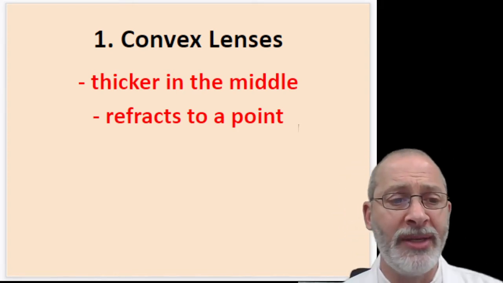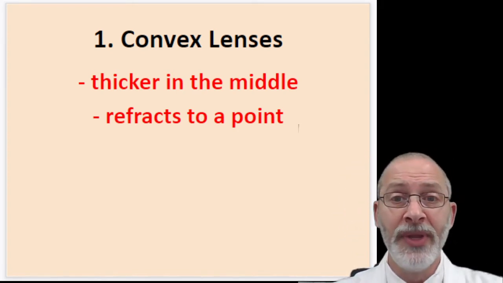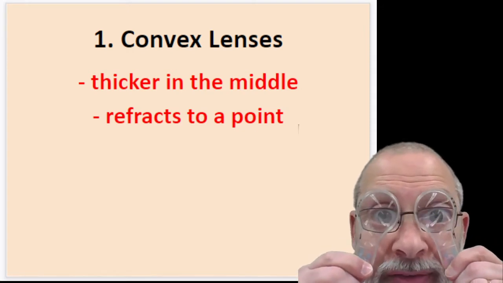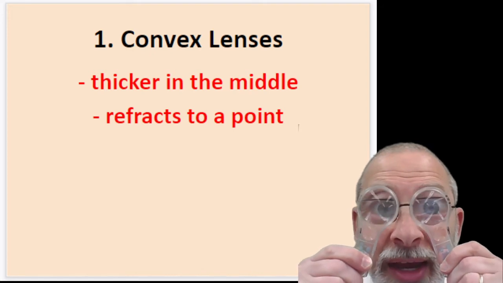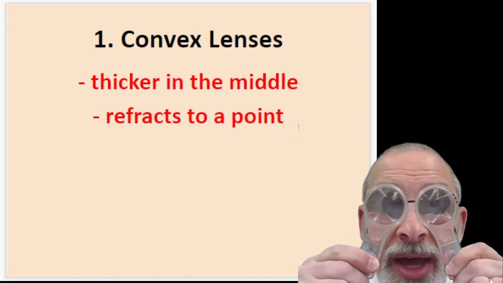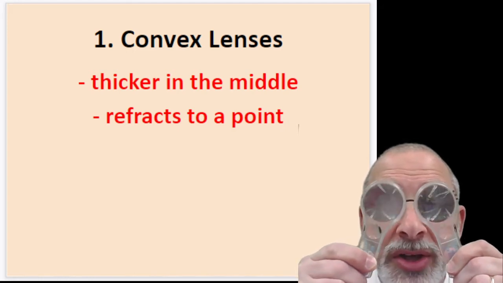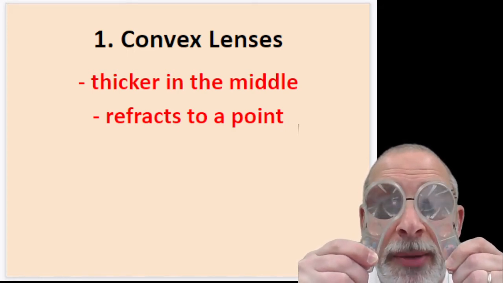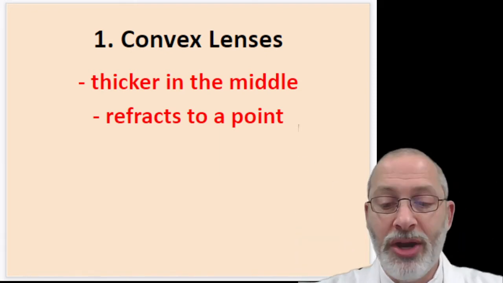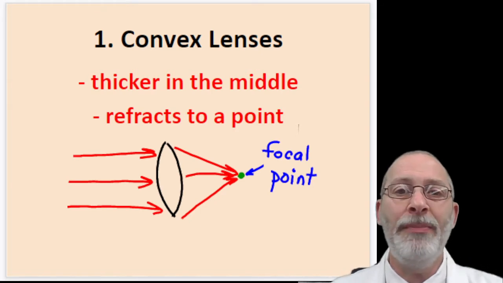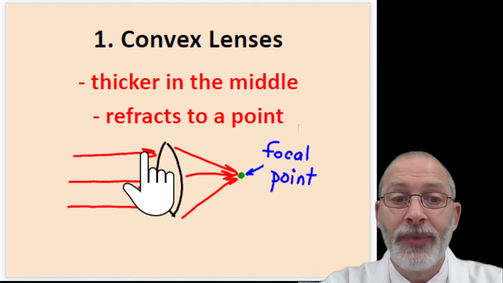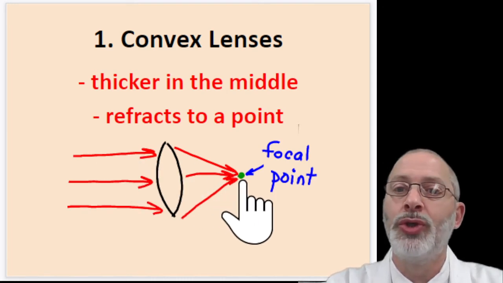These are the most common types of lenses. Convex lenses. Here I have a couple of examples of convex lenses, and we're going to have a lot of fun with convex lenses. Convex lenses, also known as hand lenses or magnifying lenses. These lenses are thicker in the middle, which enables them to refract light towards the center, to a place called